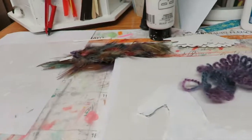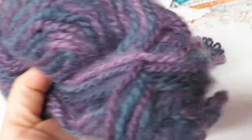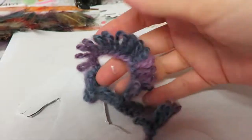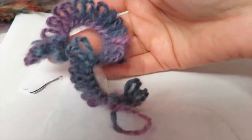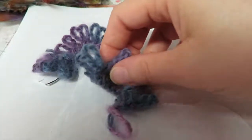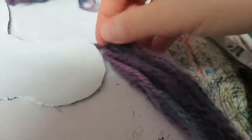Okay, so when I found this yarn in my pile of remnants or whatever you call them, I found this bit on the end of it, and I think it'll be perfect for his mane. And then I used the same yarn to make his tail, and I covered his wings on one side with feathers. I'm not sure what I'm going to do with the other side yet, but yeah, I just hot glued